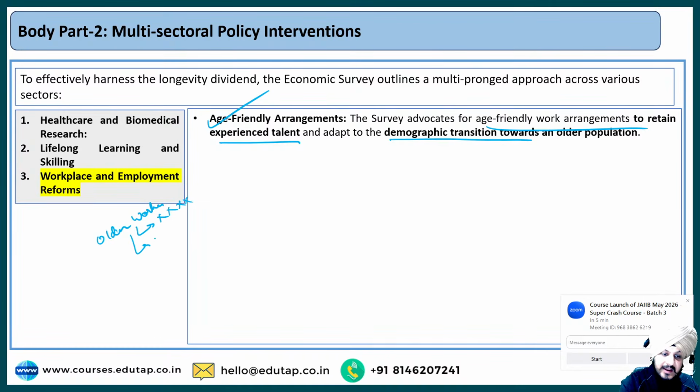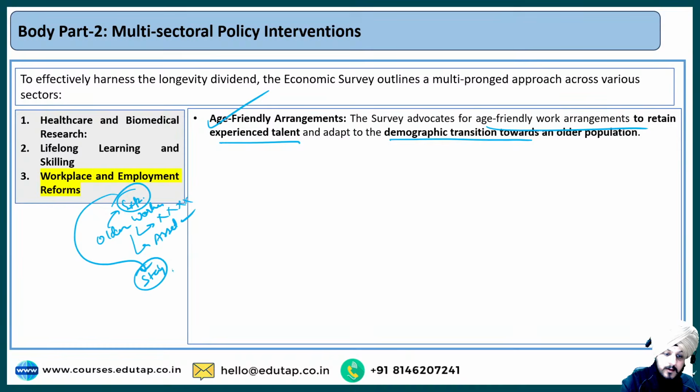It does not mean that they are not an asset anymore. They are still an asset, because these older working people still have a lot of experience, right? So what we can do is utilize their work experience, and make sure that they stay in an organization or in a workplace as a part of the workforce for a longer period of time, right? That is something we can promote as a part of an age-friendly environment. For example, we can provide them flexible work schedules, right? They don't have to work from 9 to 6. We can provide them some sort of flexibility.